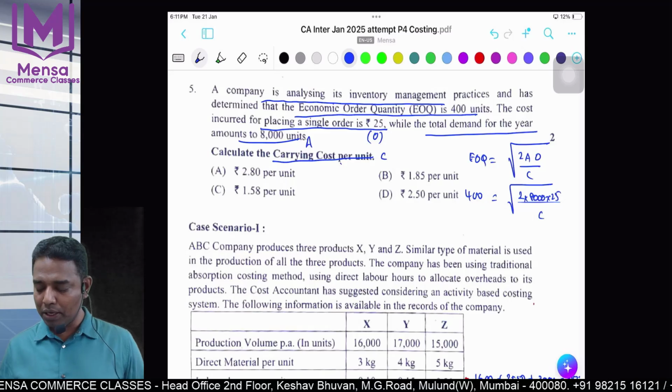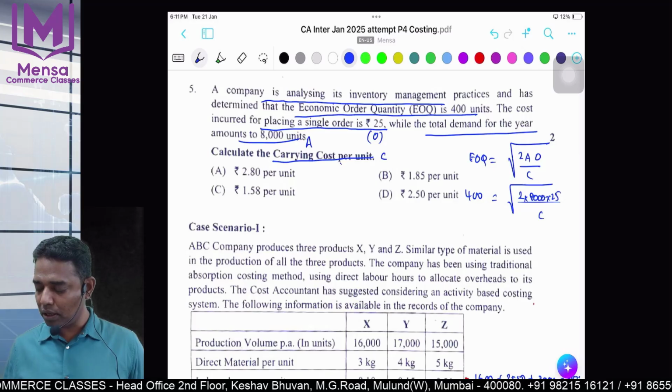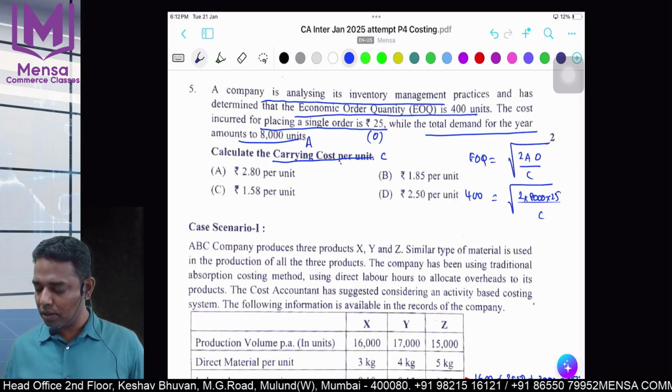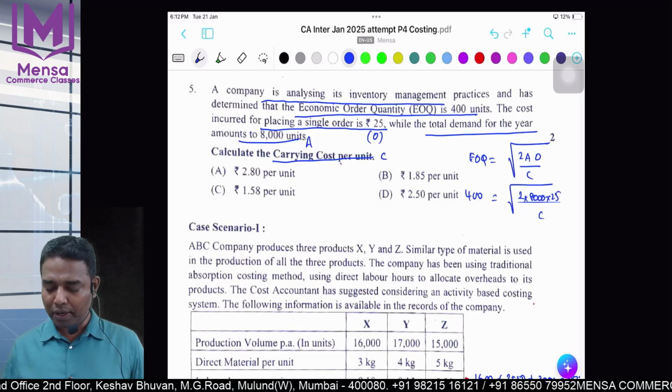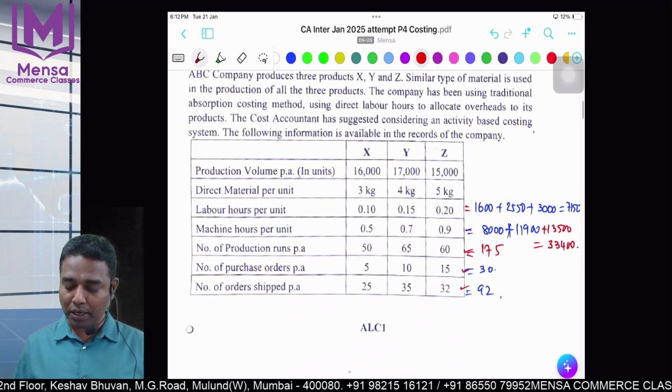If you do the calculation, that will come to 16,000 into 25 divided by 1,60,000. Yeah, 2.5 is the per unit cost. Clear? That's option number D. Next,